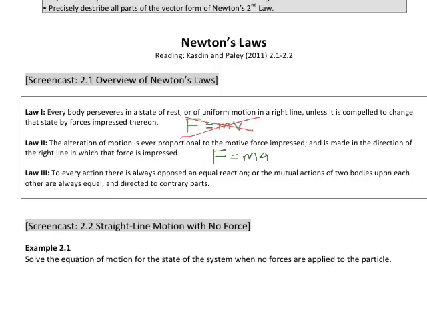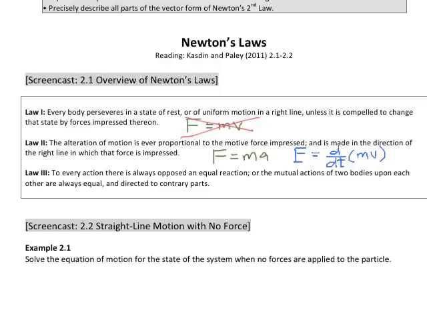Now, I've got to point out that Newton never actually wrote F equals ma. What he wrote was this: the alteration of motion is ever proportional to the motive force impressed, which eventually translated a few decades after that into this idea of F equals ma. But taking that language at its face value, we never actually said F equals ma. In fact, the motive force, this F, is equal to the time derivative of mv. So we've seen this before.